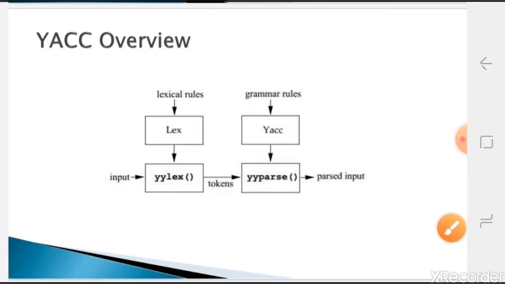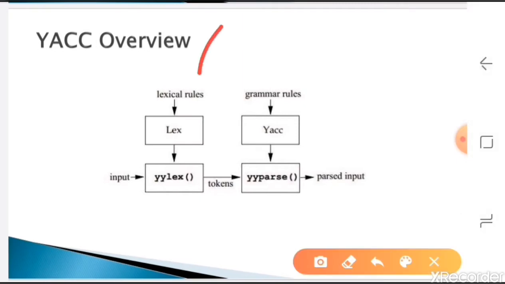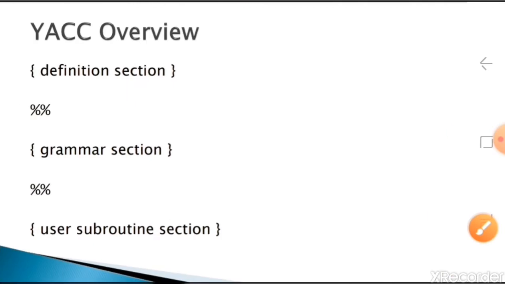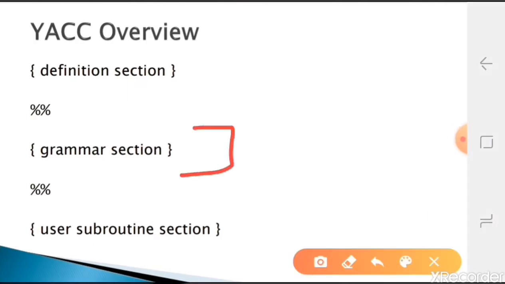Now we'll see just an overview. Here we first studied the lex program. If you compiled that one, what we used to get was the yy.lex.yy.c file, and one function, yylex, used to be created. That function is nothing but the conversion of the rule section to C code. Same thing here: whatever we write in the grammar section will be converted into C code only.